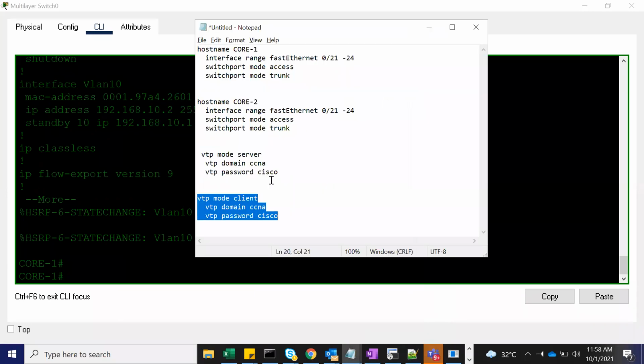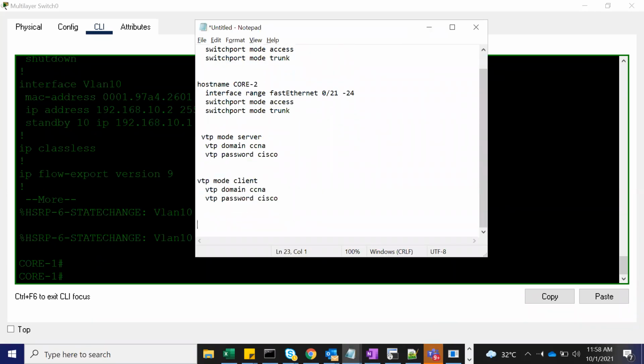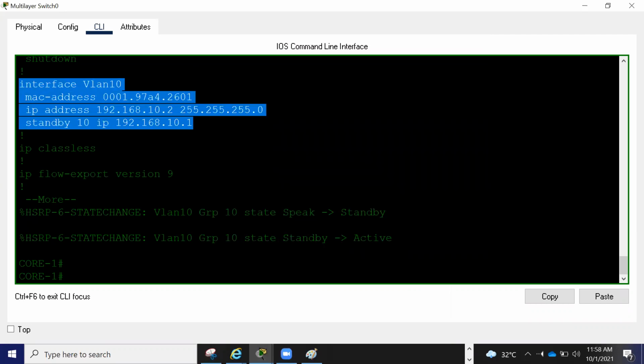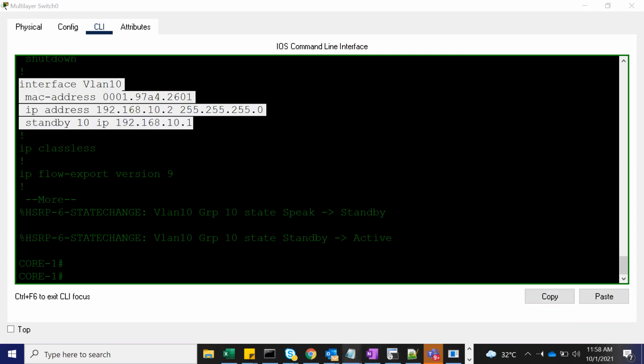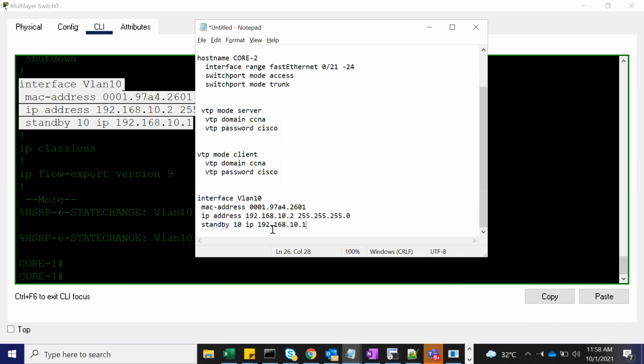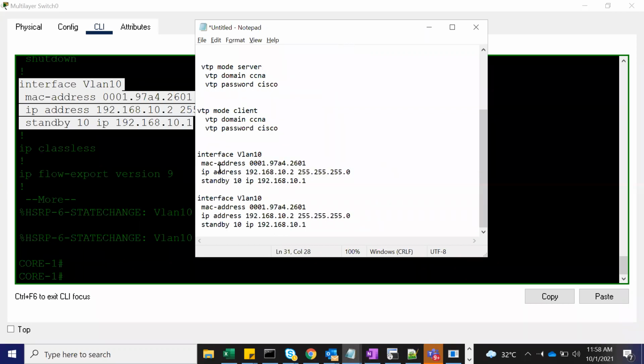Oops, I did not copy it. VLAN 10, I configured like this. This MAC address came by default, so I don't want to touch that.